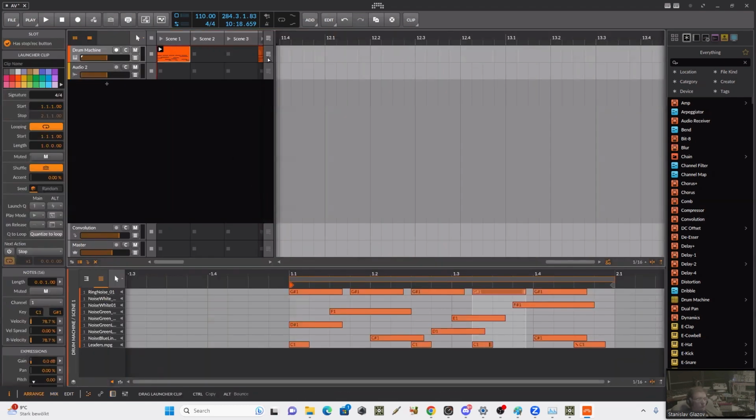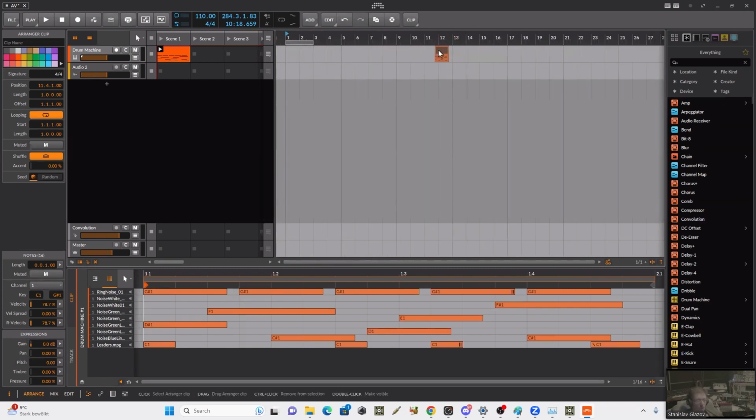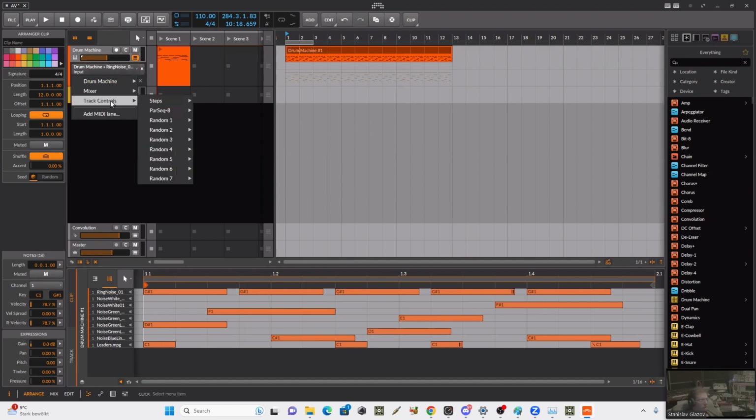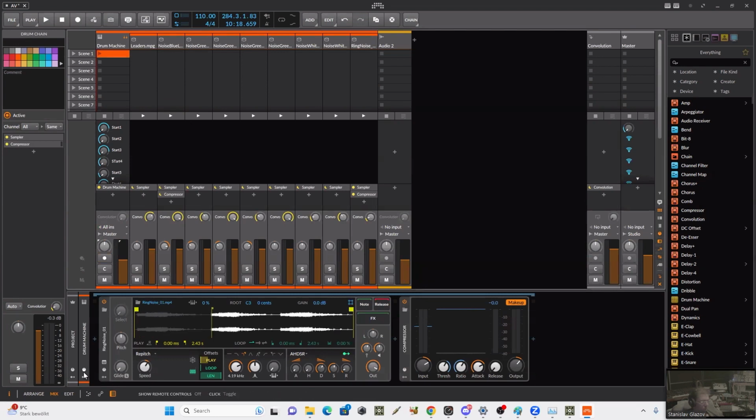So if I will drop the clip here, and I can enable the playback in arranger, then I can automate, and I can have a track controls here, and automate them. So for example,